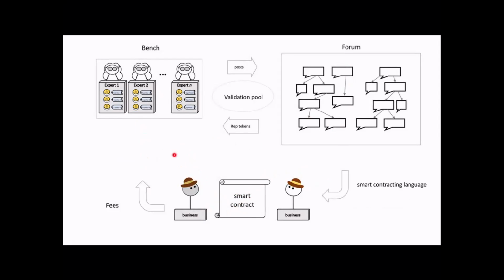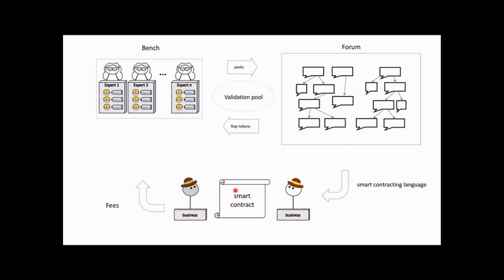They're outside members. But the members of the DAO are going to create the forum with the history of everything they've ever done. And the forum is going to include, first of all, the reputation. You'll do the history of that reputation, the evidence that they actually do what they say they'll do. And it will include the smart contract language. That's the newest smart contracting language that they can use to engage the bench.